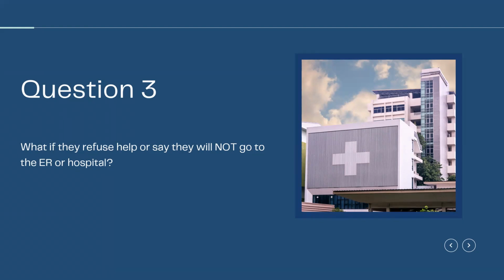If it's fear of the family members not being able to accompany them, or that maybe they're afraid of the illness that they have, really try to address whatever the fear is and acknowledge that, and let the person know that you're going to take whatever steps are in your power to help them through that fear or perceived barrier.